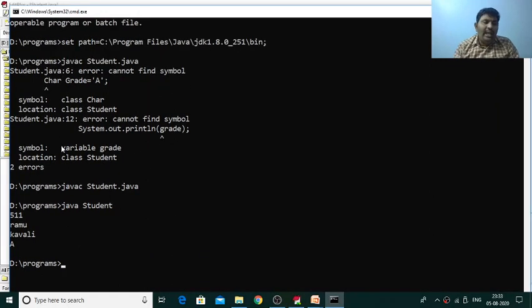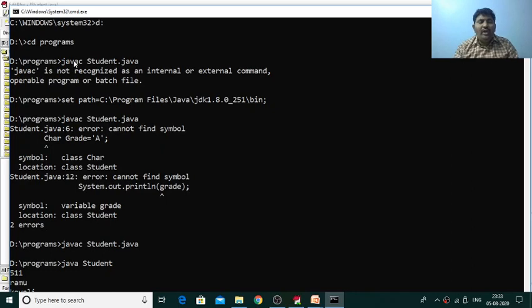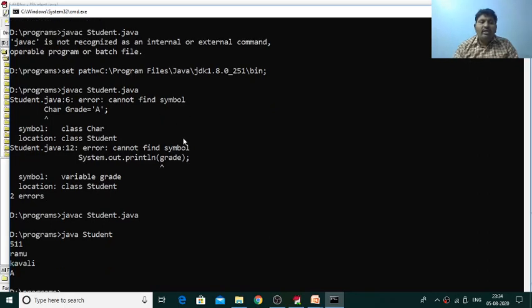So again I will repeat how we need to compile the program. We compile the program by using the javac command, after that you specify your program name dot java. Initially it is not able to know whether the Java compiler is available, that's why it shows the error. After that, simply use the command set path equal to, then specify where your Java software is located. Look for where your JDK is, copy that path, and specify it to the set path. Then you need to execute your program again. Recompile your program, and if there are no errors, you can straight away execute the program.